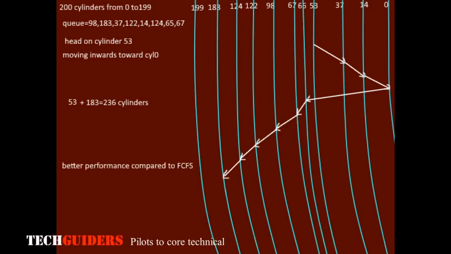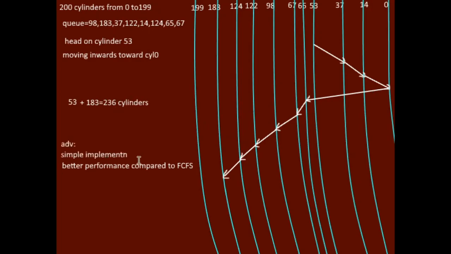Now what are the advantages of this method of disk scheduling algorithm? Compared to first come first serve, we can see there is much improvement in the performance. And unlike SSTF, the implementation is not complex since we just need to scan back and forth across the disk servicing the requests. And the main thing compared to SSTF, there is no chance for starvation too. The head keeps on scanning from one end to the other end, hence every request will be served.